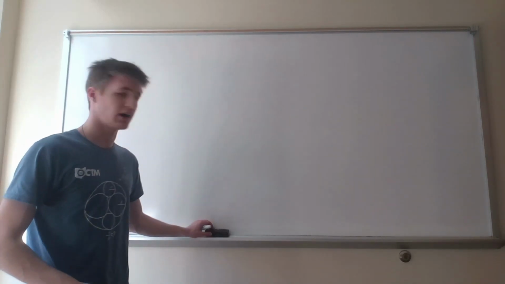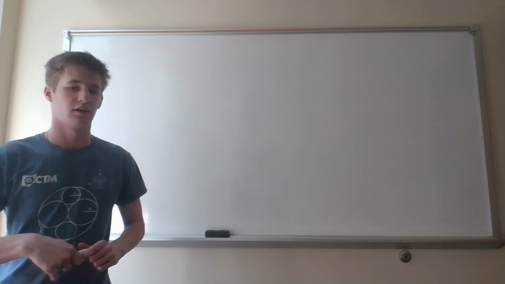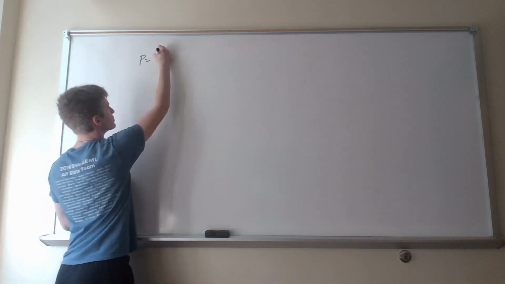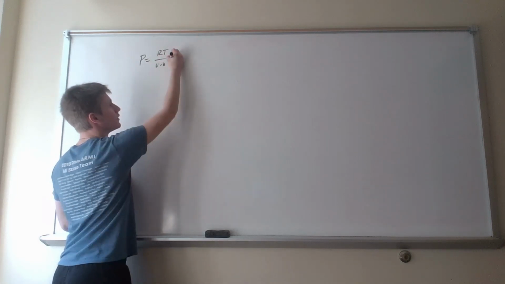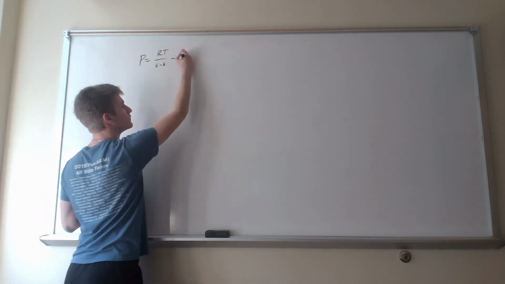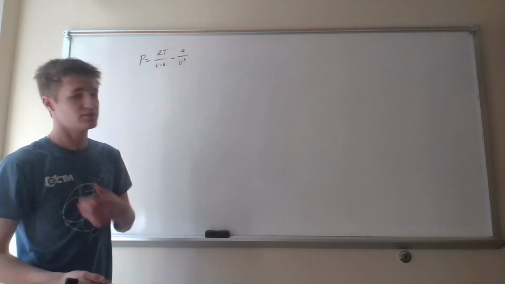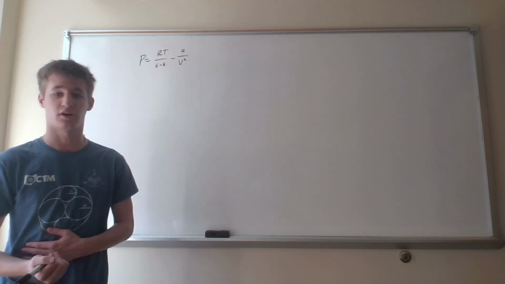In this video, I will be deriving the A and B coefficients for the van der Waals equation. The van der Waals equation is P equals RT over V minus B minus A over V squared, right? And so the first thing we need to do is take the first and second derivatives with respect to volume,